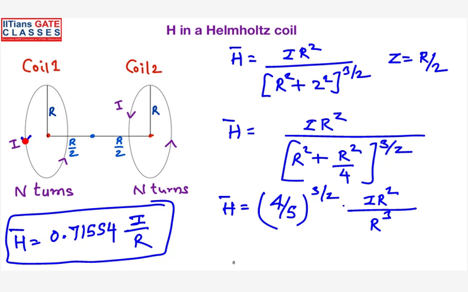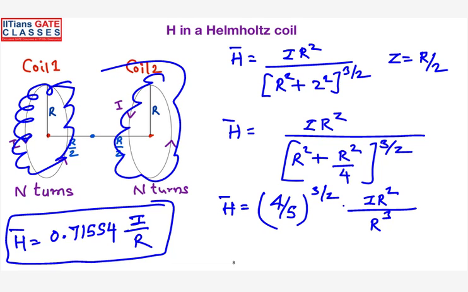Suppose what will happen if you try to enclose coil 1 with n number of windings, both coil 1 and coil 2. So what is the change in the equation? If each coil is surrounded by n number of windings, your magnetic field is going to multiply with n. As of now, we have seen there is only one loop in which the current is flowing. So that is the reason why I have considered I by R. Suppose the coil is having n number of windings, equal in both coil 1 and coil 2, the resultant magnetic field is multiplied n times.